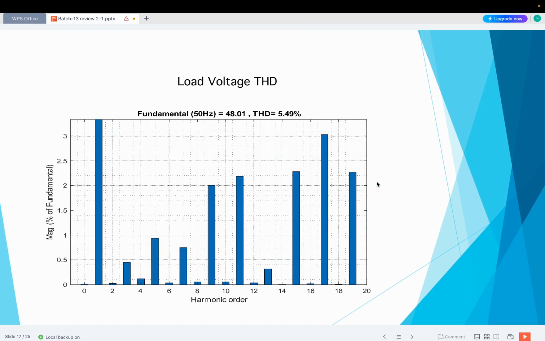FFT analysis, load voltage THD. The harmonic spectrum of the load voltage together with the corresponding total harmonic